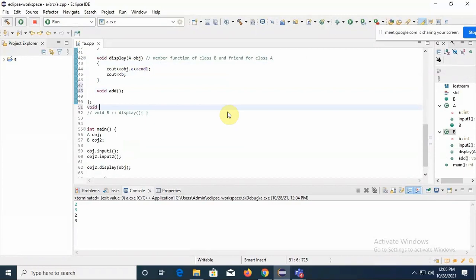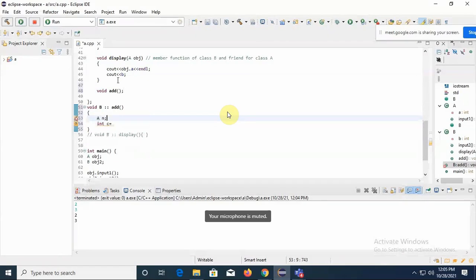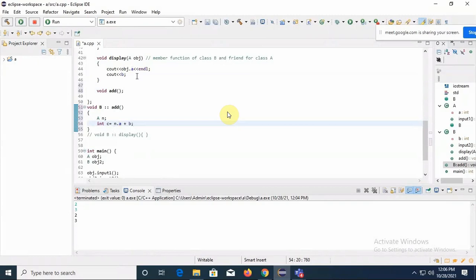So let's try to add integer c is equals to this get, and why it is not getting. Okay, let's see. It's directly b. And here only we will print c out.